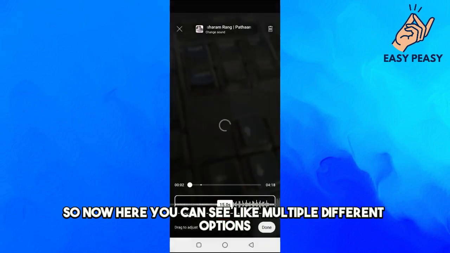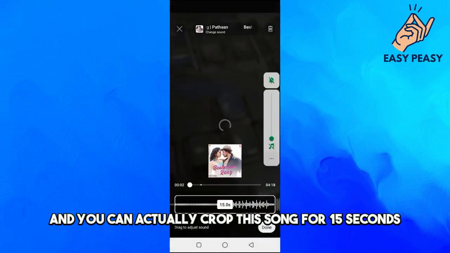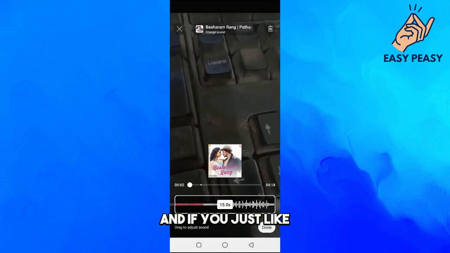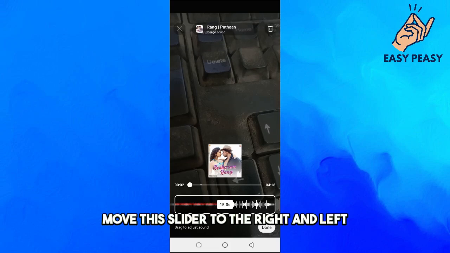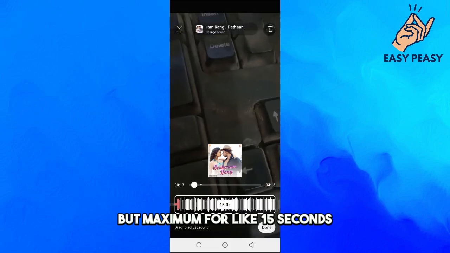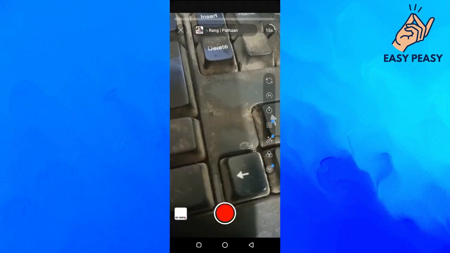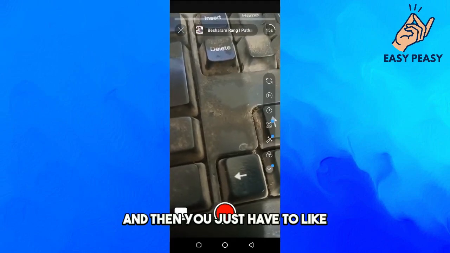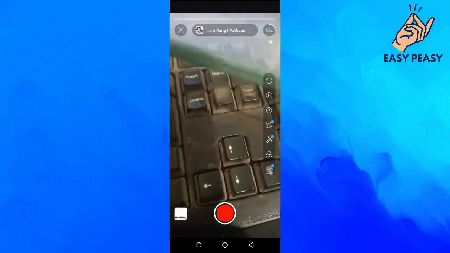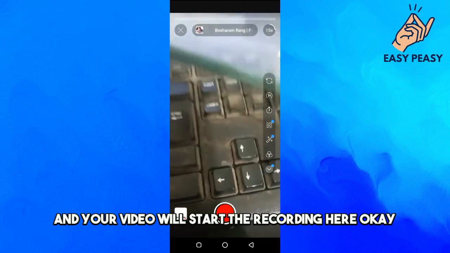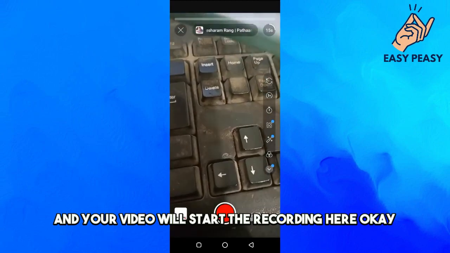So now here you can see like multiple different options, and you can actually crop this song for 15 seconds. And if you just like move this slider to the right and left, you can actually select the different part of the song, but maximum for like 15 seconds. And then you just have to press and hold this red option, and your video will start the recording here. Okay,